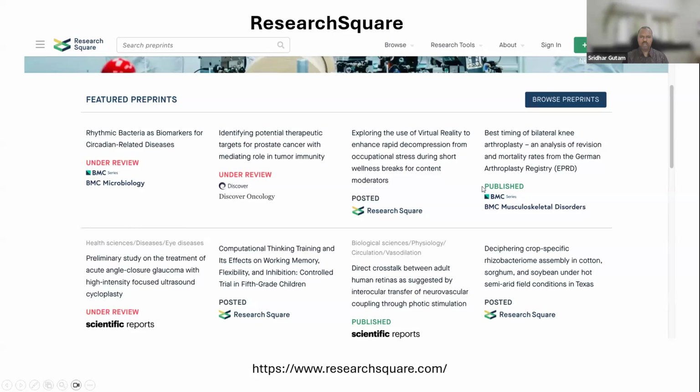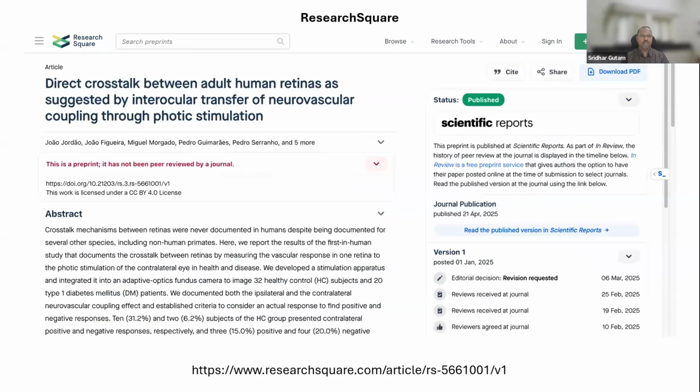This is how it looks when you visit a preprint. It says this is a preprint, not peer reviewed by a journal. This is the article which is available for you to read. But at the same time, it has also been published in a Scientific Reports open access journal. Even that published